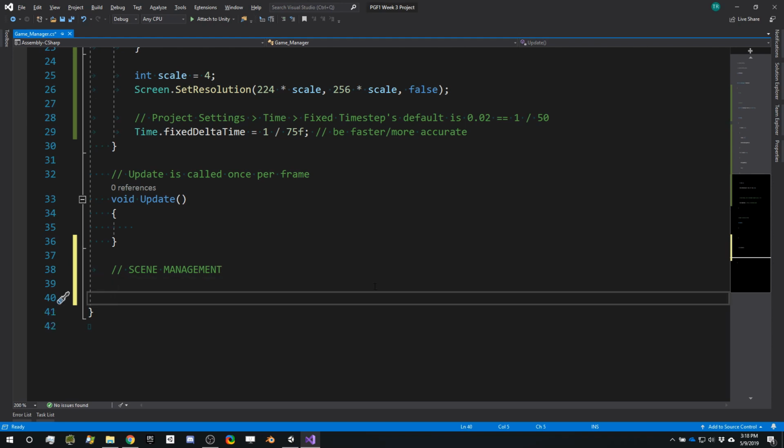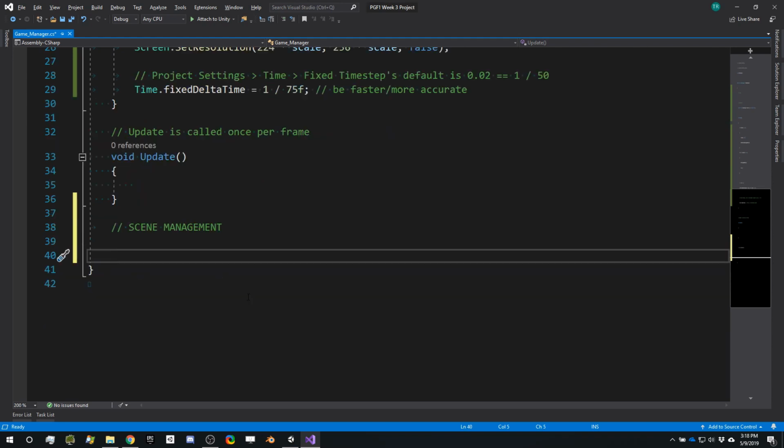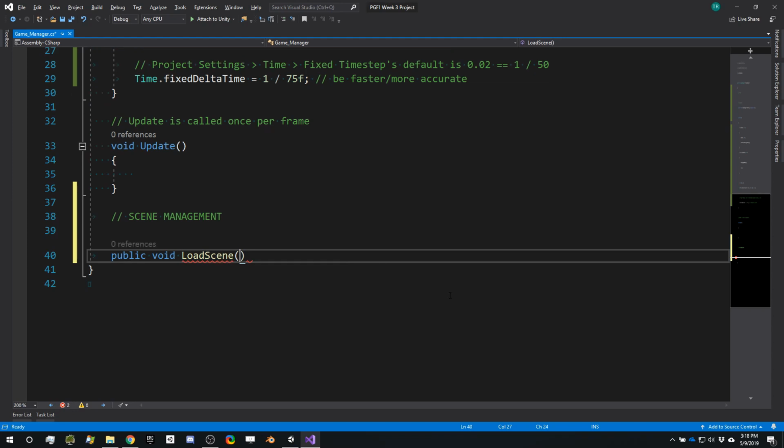And drop down a couple of lines. So in here, I want a method that my buttons can call. The buttons will be set up in the UI over in the editor, but the functionality is going to live right here. So in order to be able to call them, the method has to be public, can't return anything, and we have to give it a name. So load scene, and we need to tell it what scene to load, so we're going to send in a string called scene,